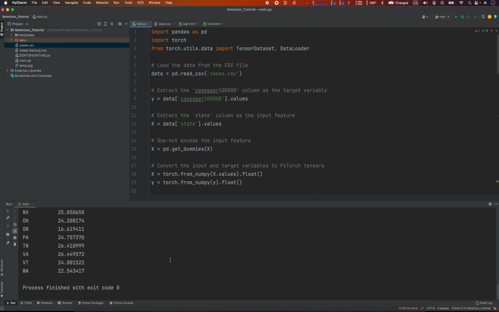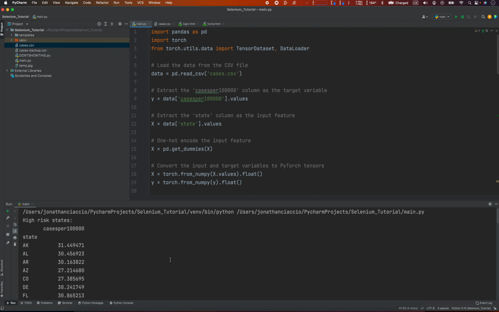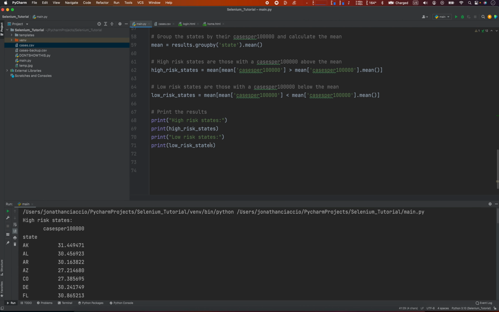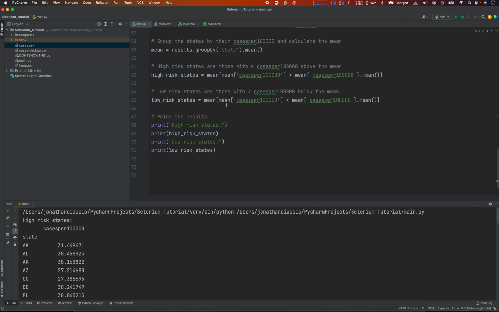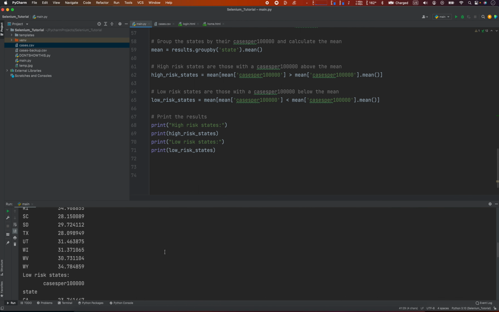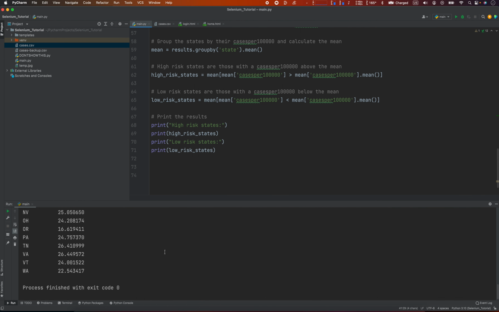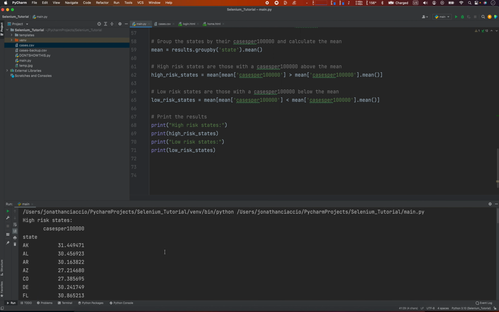All right, there it is. Finally finished. So this printed out states with high risk and states with low risk. That's how you do it. I mean, that might not be exactly perfect. You might have to tweak it. You might have to look in there a little bit, but